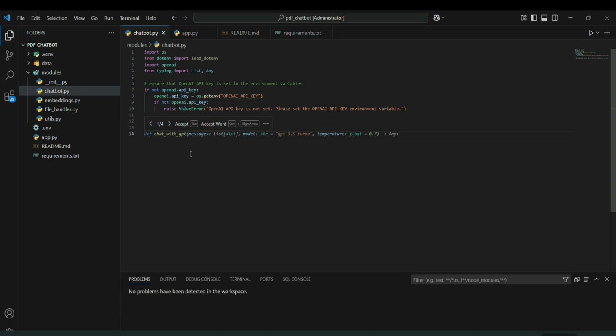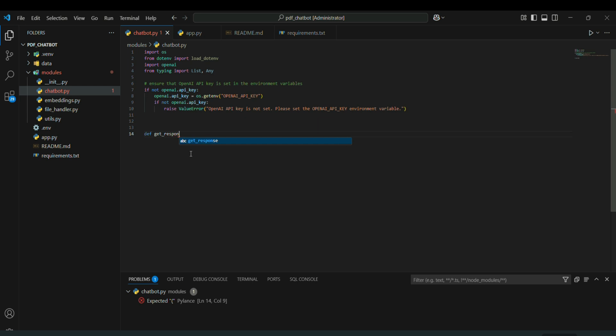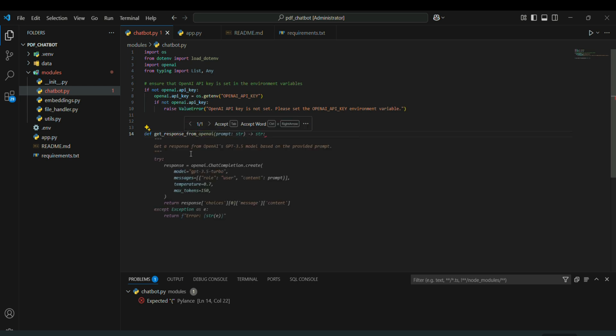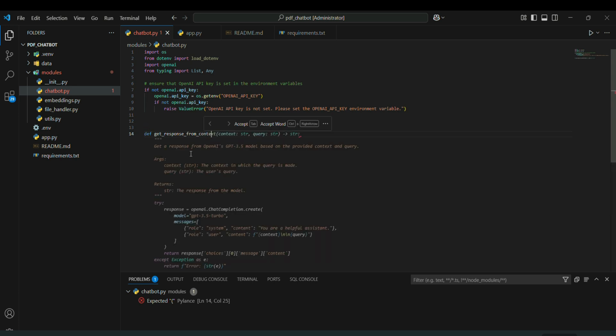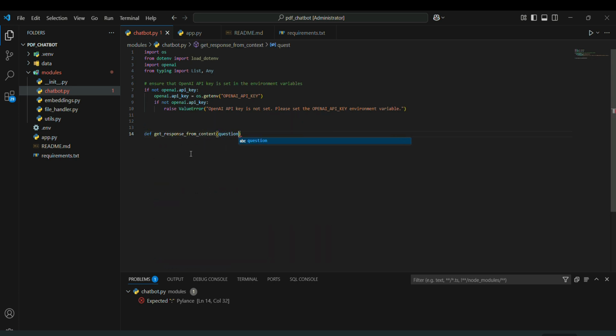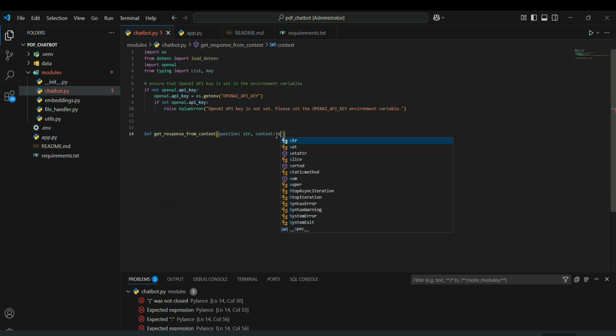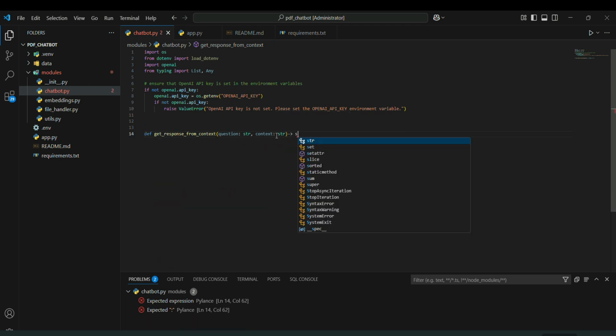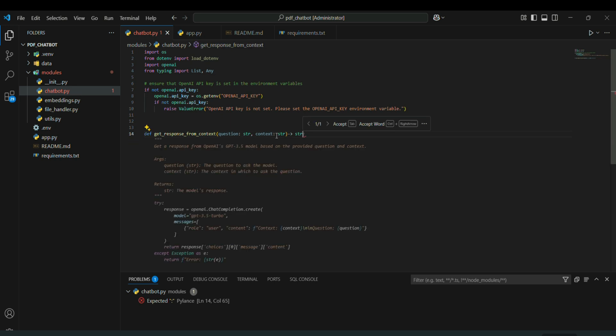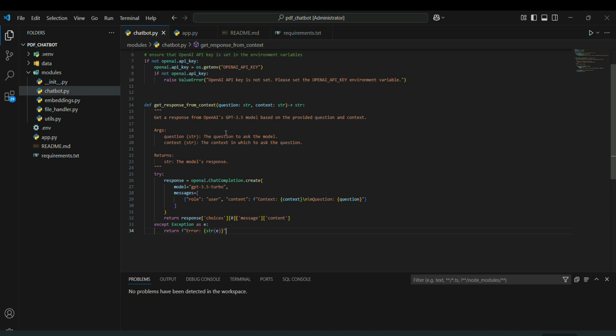get response chat with GPT and response, context इसमें एक तो क्वेश्चन जाएगा, क्वेश्चन स्ट्रिंग का, कॉन्टेक्स्ट भी जाएगा, ये कॉन्टेक्स्ट स्ट्रिंग नहीं है जो ये देगा, इसकी बात ठीक है। मॉडल लैंग्वेज turbo based on provided questions and context, or question string, return string the chatbot response, and prompt वगैरह देना पड़ेगा इसमें, इस वजह से बताओ